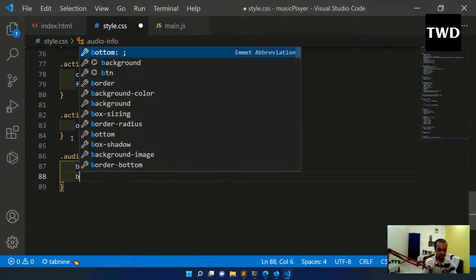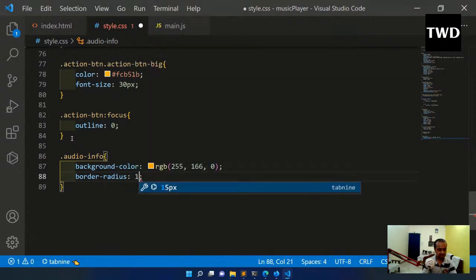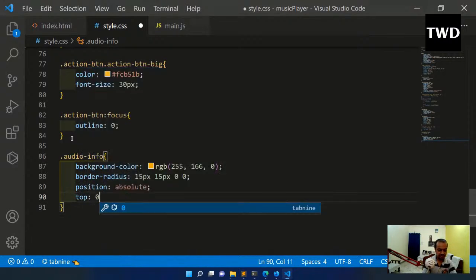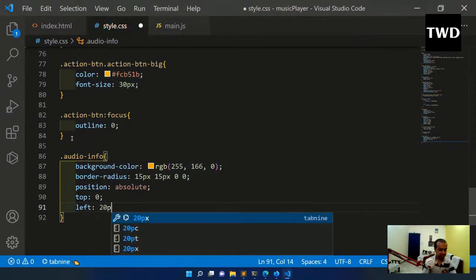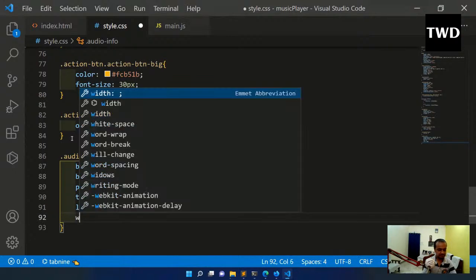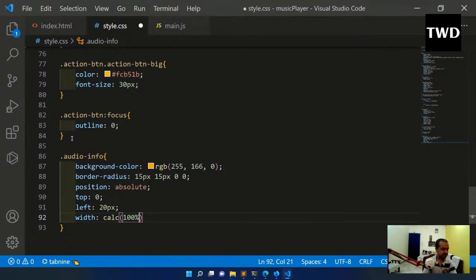Okay, and border radius is 15px 15px 0 0, and position is absolute, and top is 0, and left is 20px, width is calc 100% minus 40px,